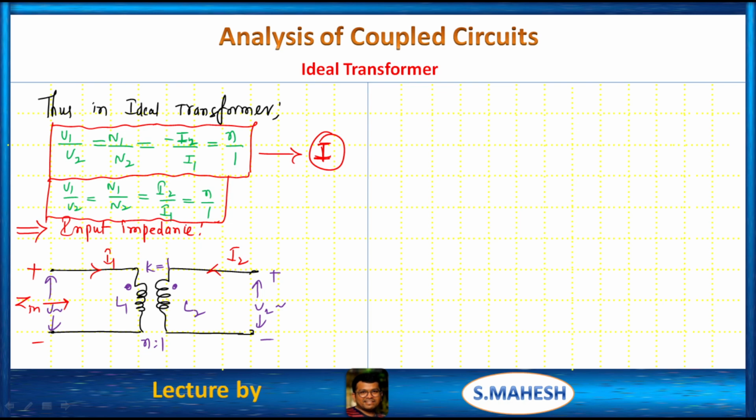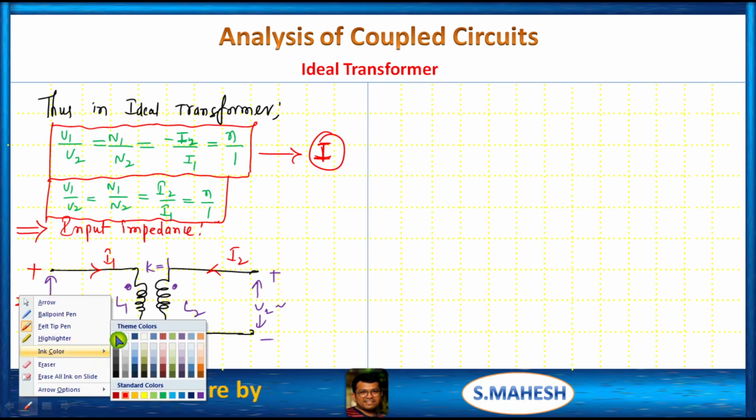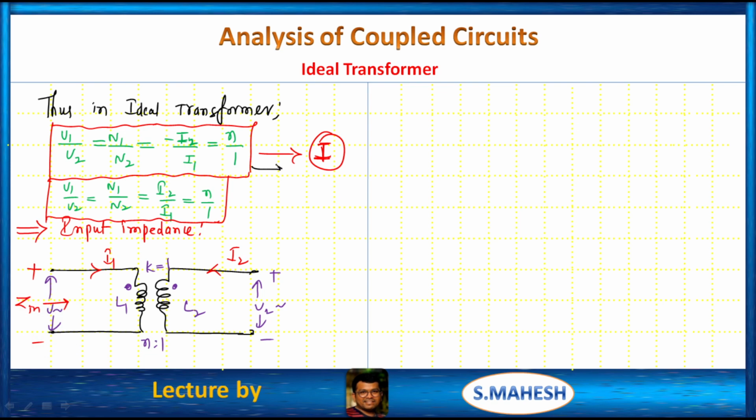You can write minus I2 by I1 or I2 by I1. Okay, it totally depends upon the current direction. Okay, if minus I2 by I1 is there, that is minus M. If I2 by I1 is there, that is plus M. There is no doubt in that. This is for minus M, this is for plus M. Okay,